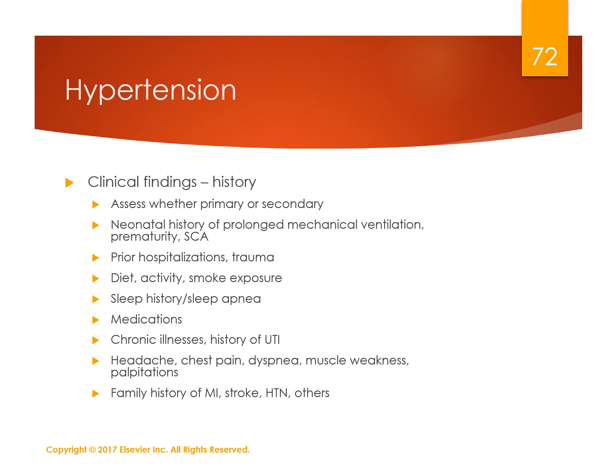Clinical findings on the history, we need to assess whether this is a primary or secondary hypertension. Neonatal history of prolonged mechanical ventilation, prematurity, that's going to put them at increased risk for hypertension. If they've had any prior hospitalizations or trauma, we're going to look at their diet, activity, and smoke exposure, their sleep history, and if they have sleep apnea, any medications they may be on, chronic illnesses or history of UTI, headache, chest pain, dyspnea, muscle weakness, or palpitations,